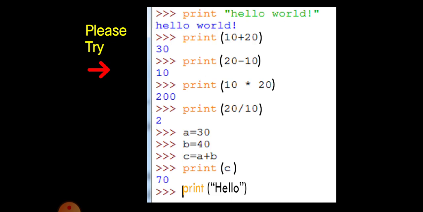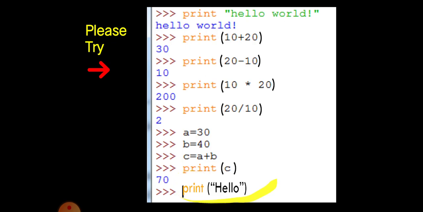Whenever we give a print statement, it will produce output. Otherwise, you won't get any output. To get any output, you need to use the print statement. Don't forget, you need to give the print statement. That is the first instruction you are studying in Python, that is print.